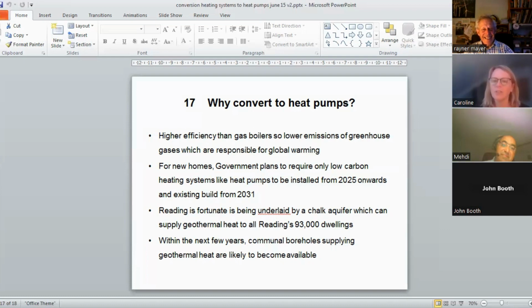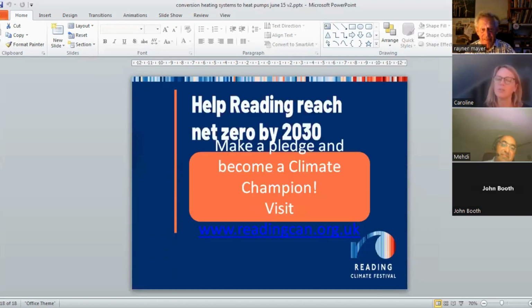I mean, it does really beg the question about where the policy developments in this area are. Why aren't developers being forced to take a more sustainable route, even if the cost sits with the developer? We're being asked to take on the cost of putting in ground source heat pumps or air source heat pumps, but actually when new developments